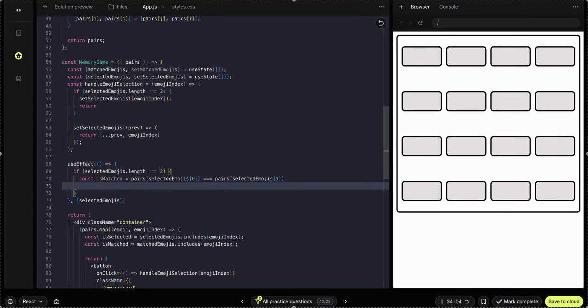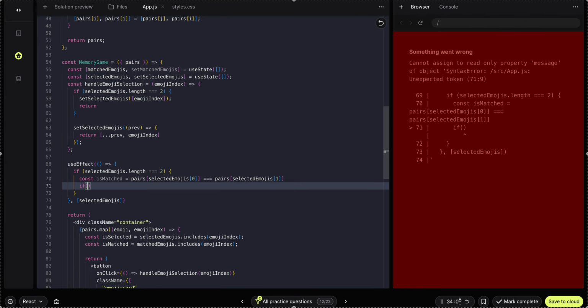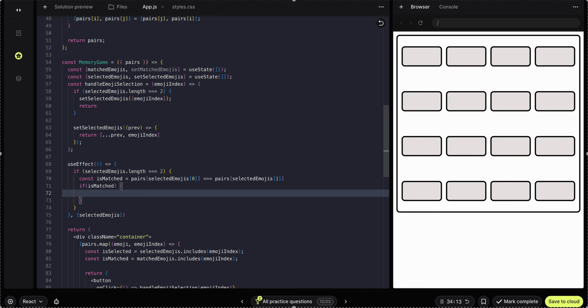If it is matched, then we have to do the thing. If it is matched, we have to push those index,